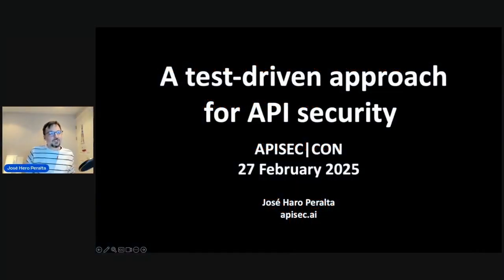So what we're going to talk about here is this idea of test-driven development for API security. And the idea really is how we can take some ideas of test-driven development and apply them to API security testing to improve our API security posture. The idea is to be able to apply this continuous process of improvement to our APIs by writing some tests and running them forever. It has some consequences for shifting left on API security, and so we're going to see